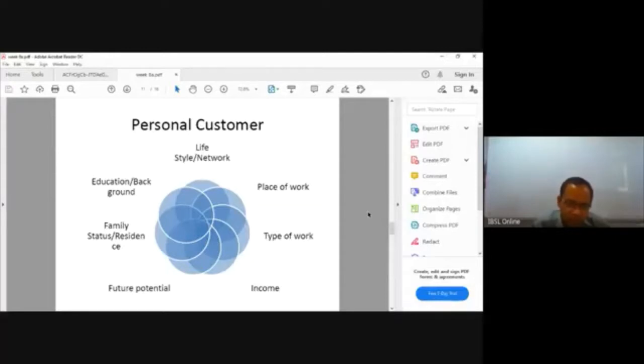What is their future potential if they're in the job? What is the potential for him in the job? And current income, what is the type of work he's doing? What is the place of work? Where is he working? What's the type of lifestyle? Yes. When you're looking at the lifestyle,